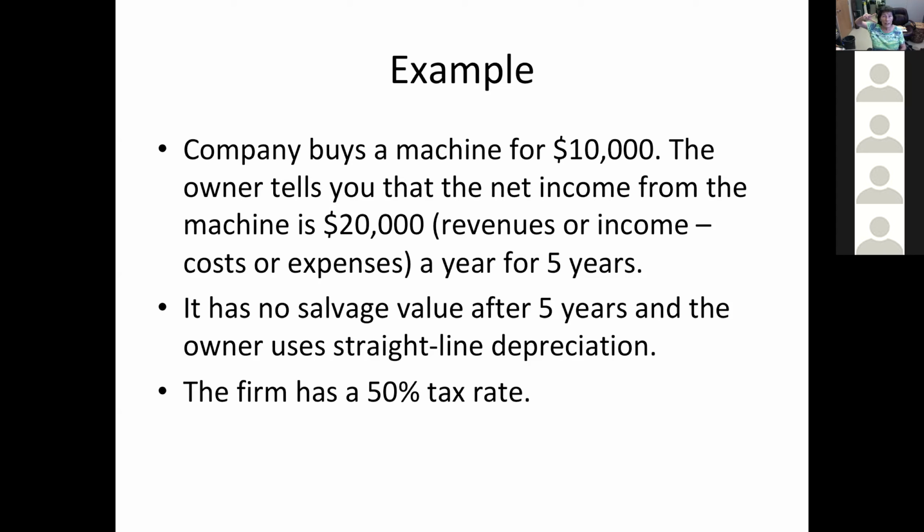We got 2 different sets of benefits. One is the income we got from buying and using the machine, and the other benefit we got was this fact that we can get depreciation. So that reduces our taxable income, right? So we have to figure out what that benefit is so we can account for it, because